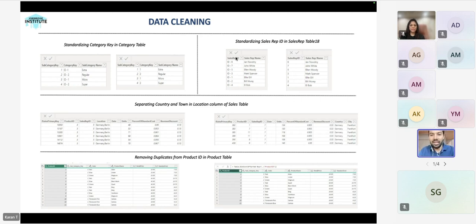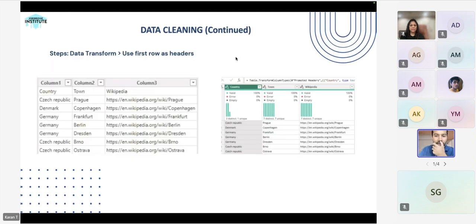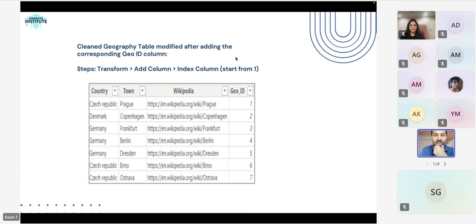So this is the data cleaning aspect that I was talking about. We standardized the category key. Just to give a glimpse of how we did the data cleaning, we had a column known as category key ID-1, and we separated it so that we have a uniform category key. Similarly, we removed duplicate values from the product ID table because we wanted to have full and final clean data when we are trying to visualize it. So this was about data cleaning. I will proceed to the next slide,